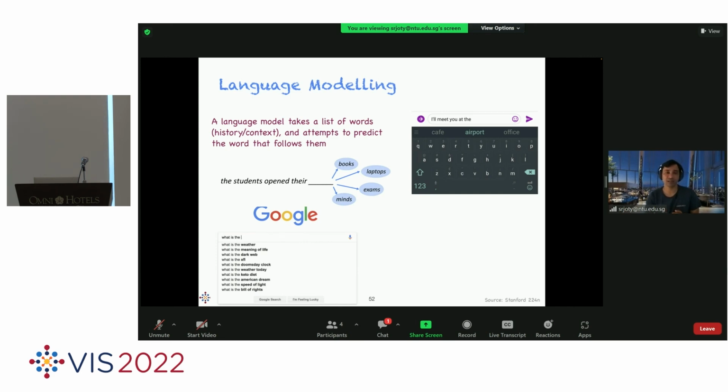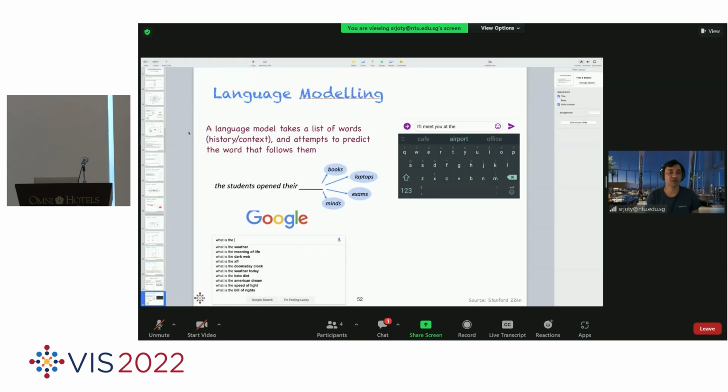So again, I'll be using language modeling as the task to introduce recurrent neural networks. Here the language model will take the history or the context, and given this context, it will try to predict the next word. That is the job of a language model, and we use it in our daily life in Google search, and also when you are typing, the tool suggests the next word, right? Now the question is how we can build this model, and we have already seen one model for that, actually